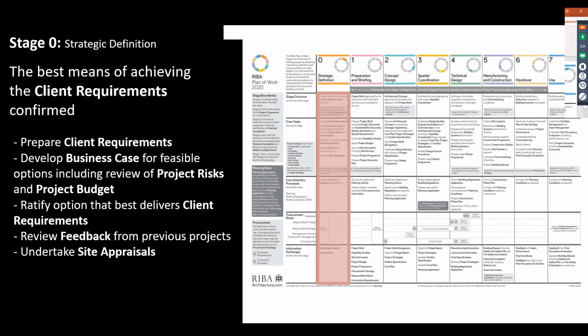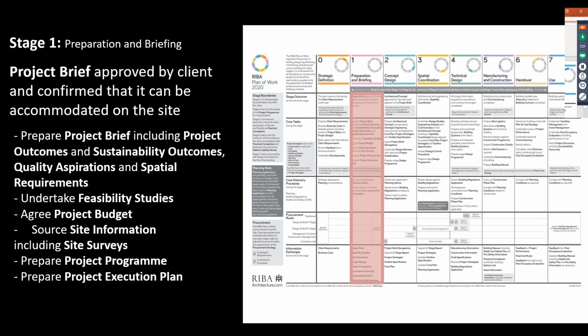And of course, it is essential to try and gain feedback from previous projects to try and inform the client's decisions. And in some instances, it might also be essential to look at how the client requirements relate to a number of sites, and it may be necessary to do some site appraisals. So really, stage 0 is determining that a building project is the way forward for what the client is trying to achieve. And as I say, if we tumble from stage 0 into stage 1, we've now determined that there's a specific site,